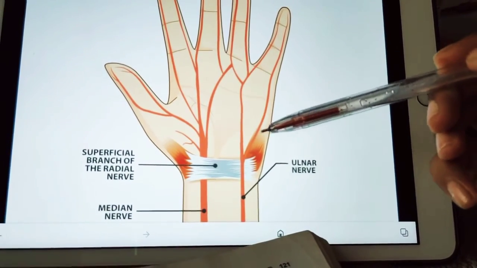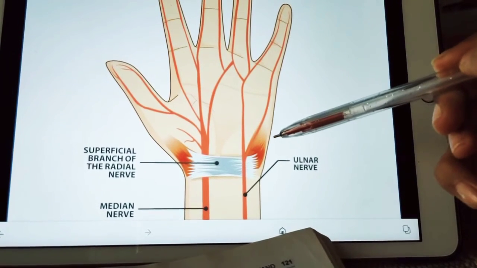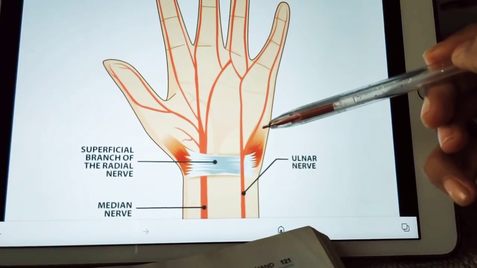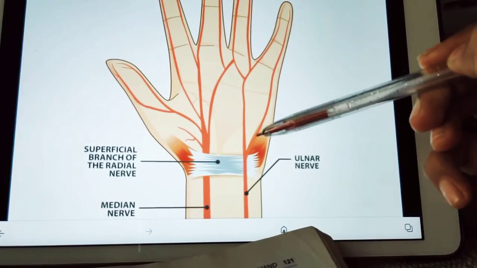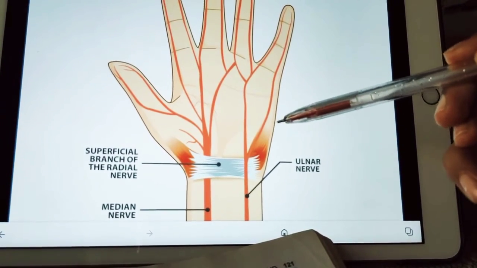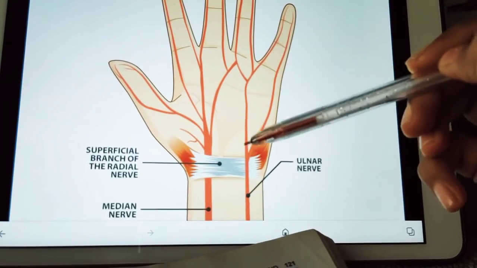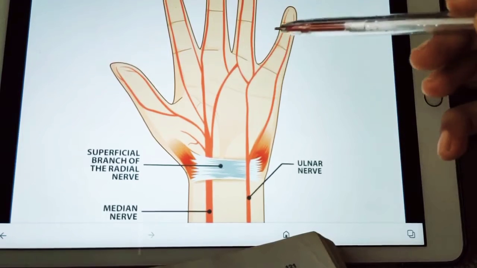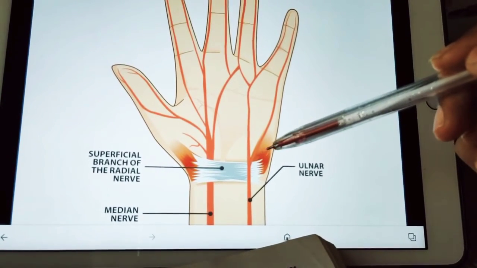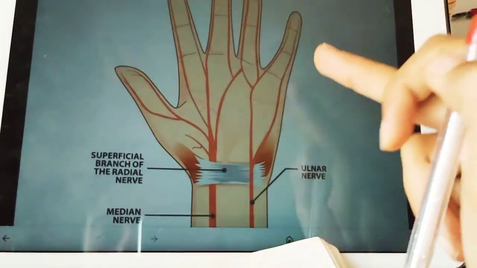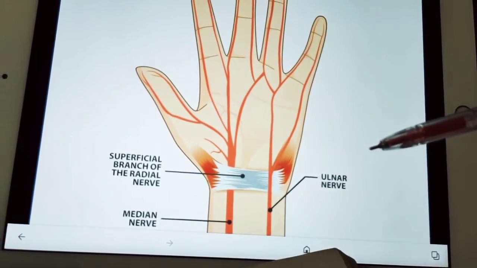The superficial branch is cutaneous, and the deep branch passes through the muscles of the hypothenar eminence. You can see this is the thenar eminence, this is the hypothenar eminence. If you see the deep branch, it is passing through the muscles of the hypothenar eminence, but the cutaneous or superficial branch we'll discuss later. First see the deep branch, it is in the hypothenar eminence, and then lies in the concavity of the deep palmar arch.